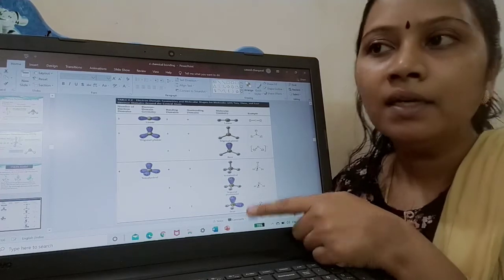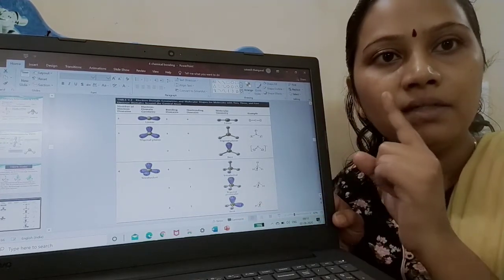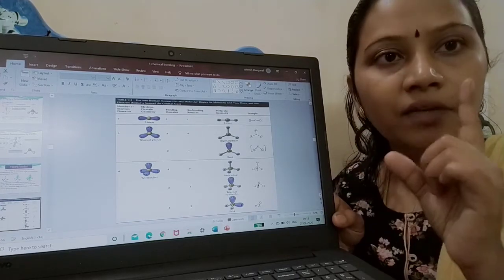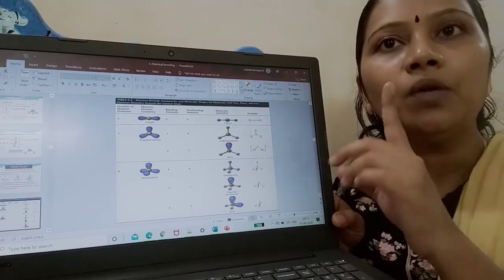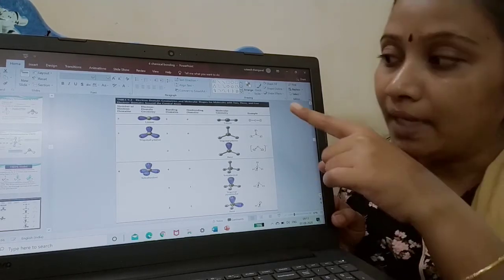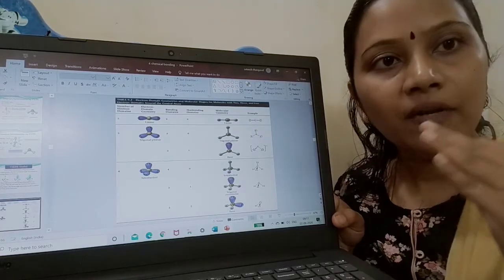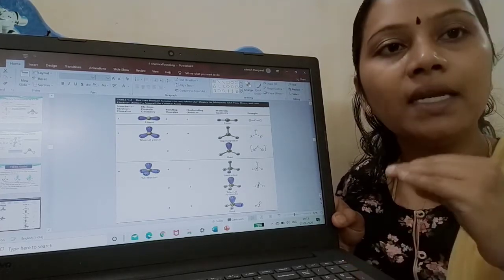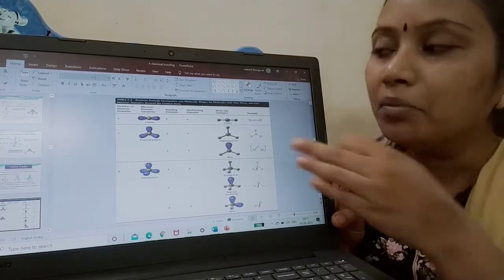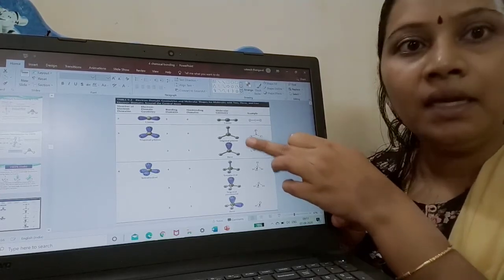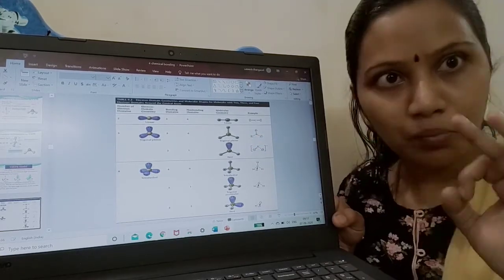Okay, children? See, I will tell you a literal example. Just imagine the number of electron domains. If it is 2, electron domain geometry is linear. But what happens to the molecular geometry? It can be linear. Okay, that part is clear. Now the number of electron domains is 3. What happens to the electron domain geometry? If it is 3, it is trigonal. Done. But what happens to the molecular geometry? It can be trigonal or it can be bent. Okay, clear. I am just relating both the slides.